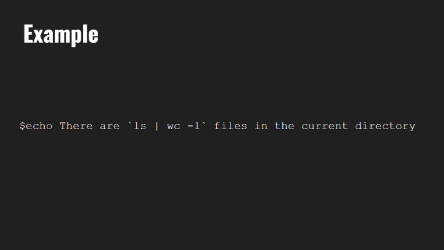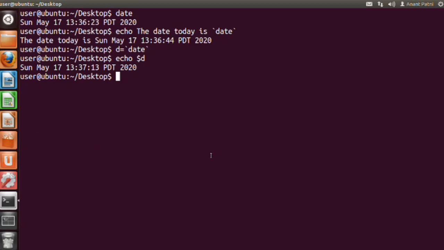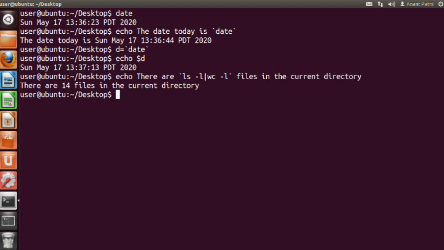So let's look at this as well on a system. I'll do an echo, space, there are, backticks, ls -l pipe wc -l, backtick close, files in the current directory, and you can see that there are 14 files in the current directory.